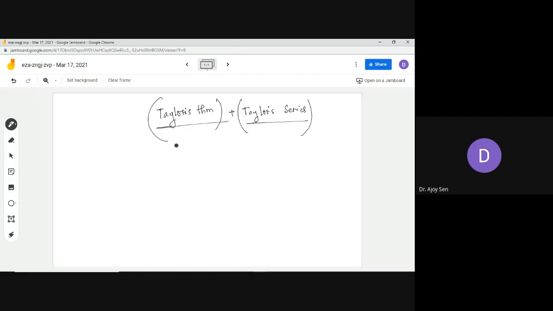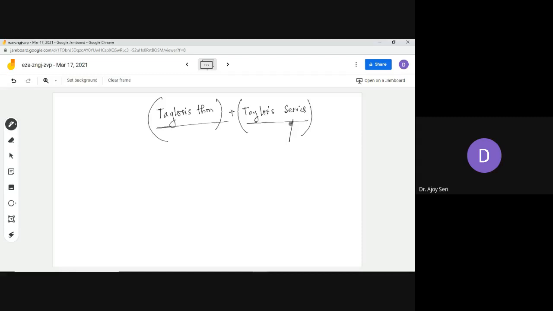These things are in the syllabus of the third semester, not in the first semester. And I know you don't have mathematics in the third semester, you only have it in first and second semester. So you will not be able to understand what is meant by convergence and divergence of the Taylor series. Without understanding these properties, I can't explain what is meant by Taylor series. Taylor series means this series.